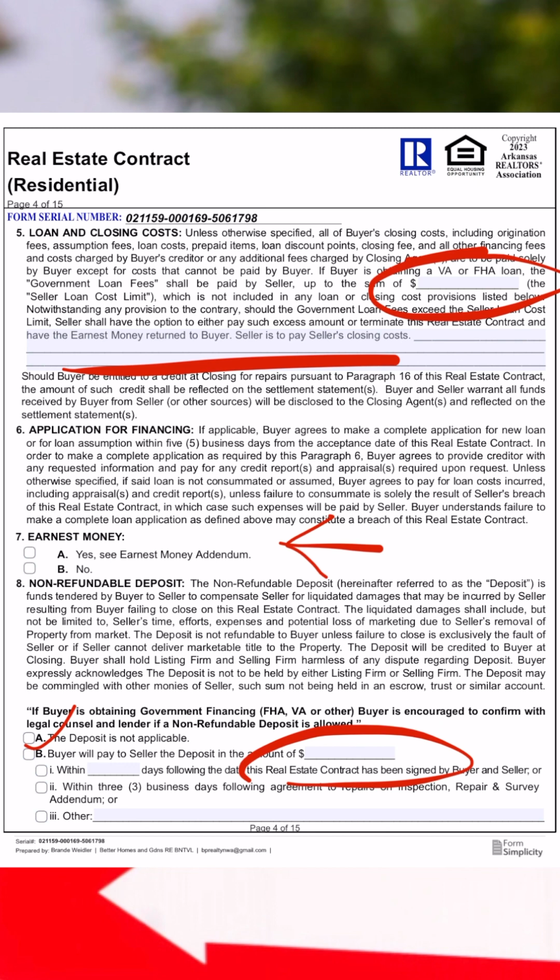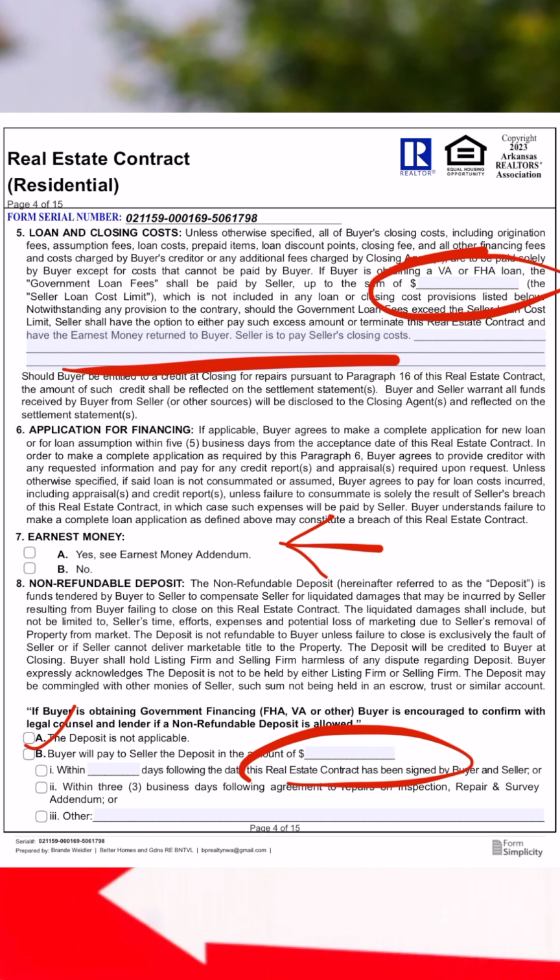Section 7 is going to say either yes, there is earnest money, or no, there is not earnest money. Pretty straightforward. Section 8 is a non-refundable deposit. Now, a non-refundable deposit is exactly that. It is an amount paid to the seller in case the buyer doesn't close. Now, if the transaction doesn't close and it's solely due to the fault of the seller, then the buyer will get their money back. Also, when the buyer closes, that non-refundable deposit will go as a credit on your closing